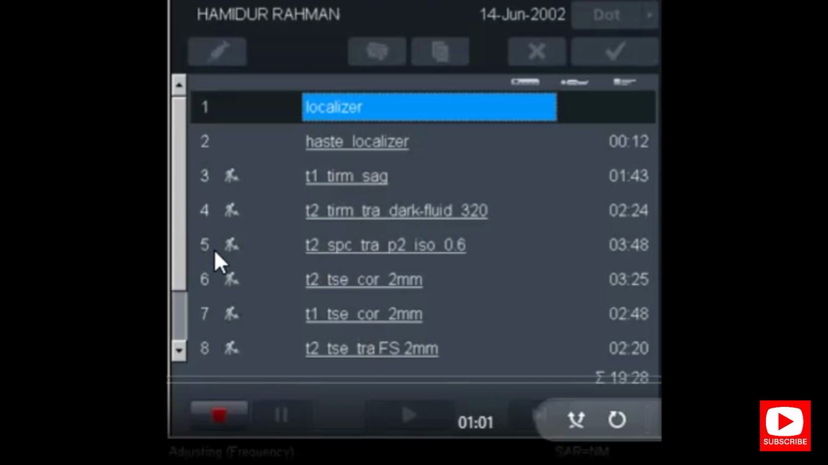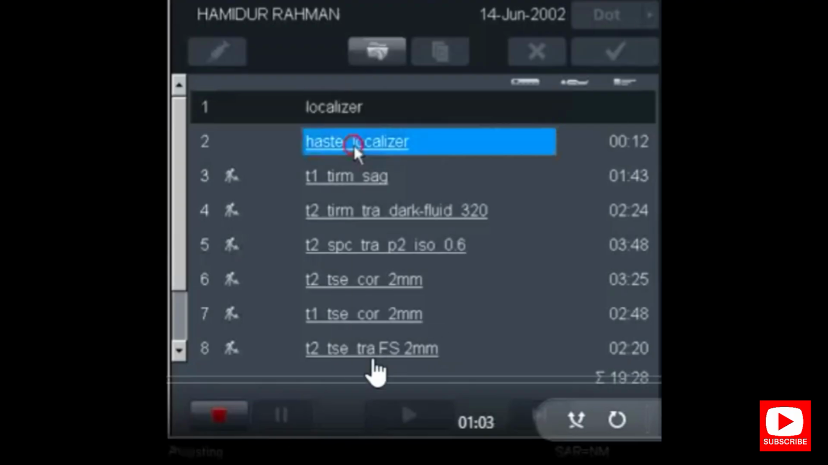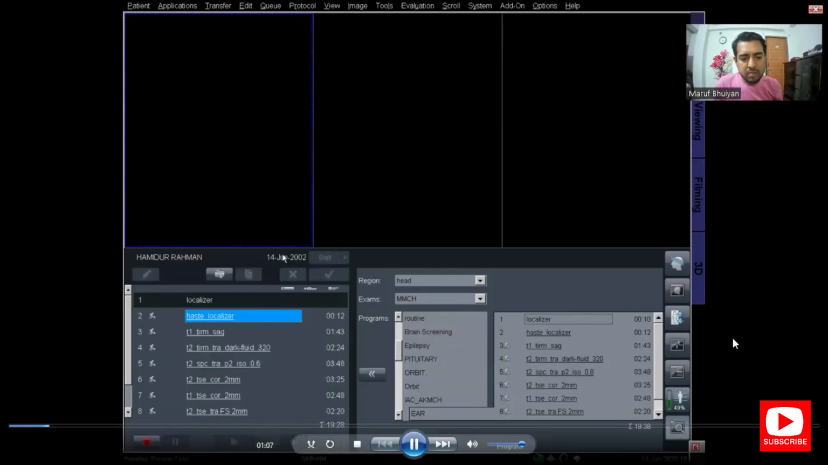The fifth protocol is the T2 SPACE transverse ISO 0.6, and this is a 3D protocol. And then the T2 coronal 2 millimeter and the T1 coronal 2 millimeter, and the T2 axial fat sat 2 millimeter, and then it goes on. So first the localizer